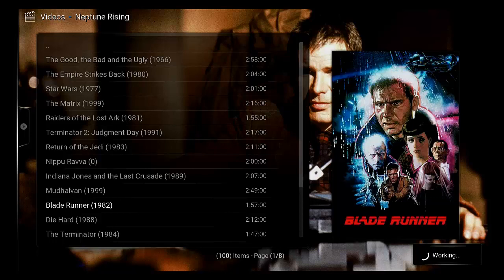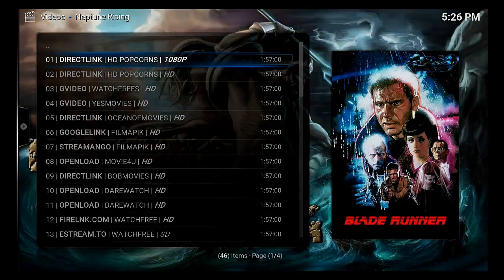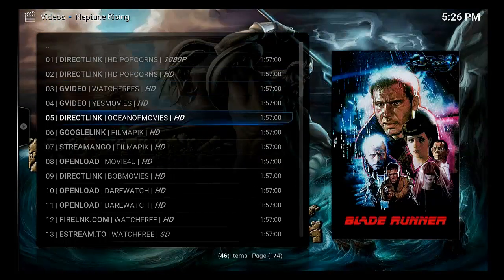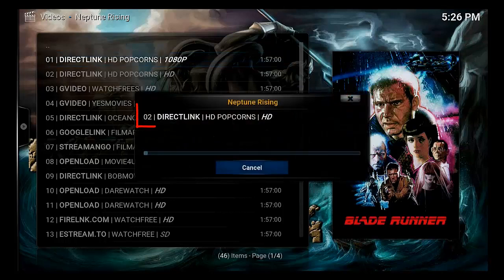Now there's a new Blade Runner that came out in 2017, and after that we'll go ahead and pull that one up. All these different sources here are just different opportunities that you have to watch this movie. If one doesn't work very well, if it's pausing or stops, or it's an older movie that shouldn't necessarily have embedded subtitles, and it does, then you can stop it